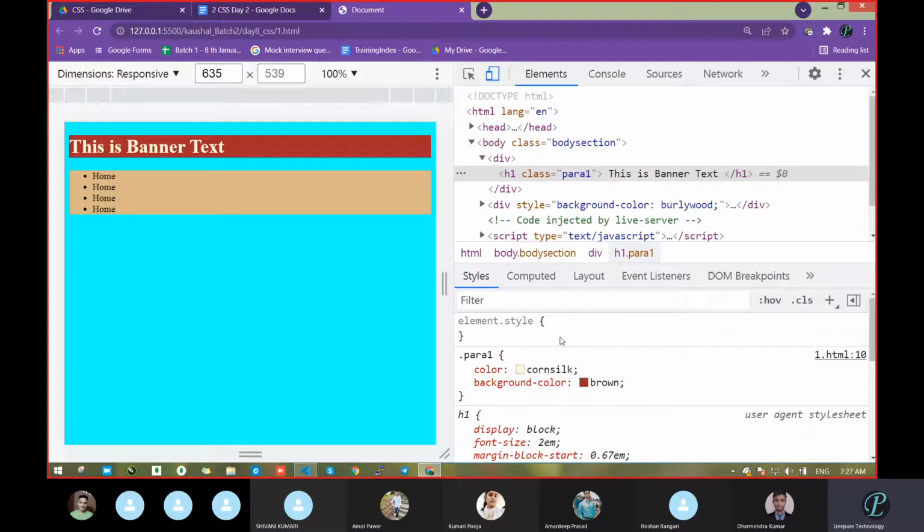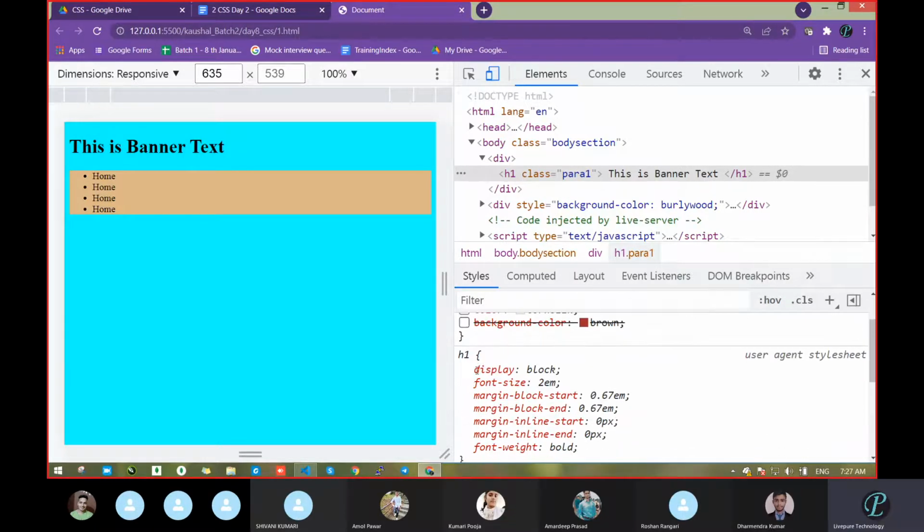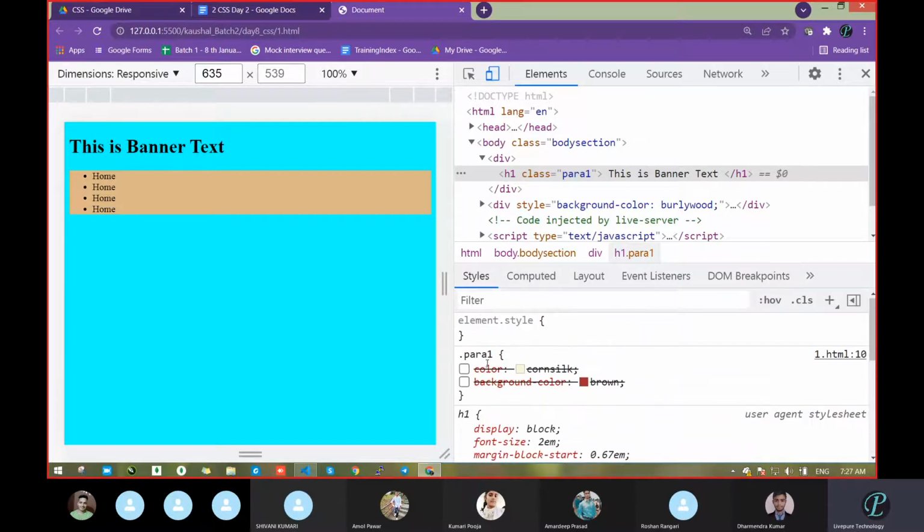So you can pass as many styles as you want. Suppose you do not want this style, and you just want to see what changes, whether it is correct or not, then you can uncheck it. Here the check mark is coming. Click this. This all style is gone. Come here, then what is that? H1. Okay, let it be. This box model we will consider later. So this way we can remove our style also. It is not that we can only add, we can remove.